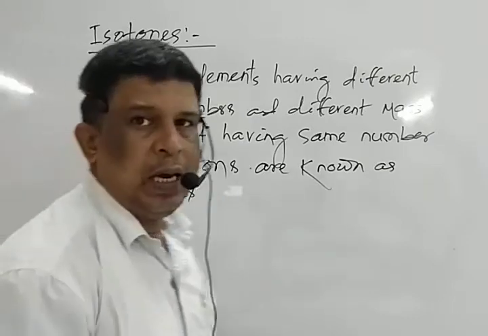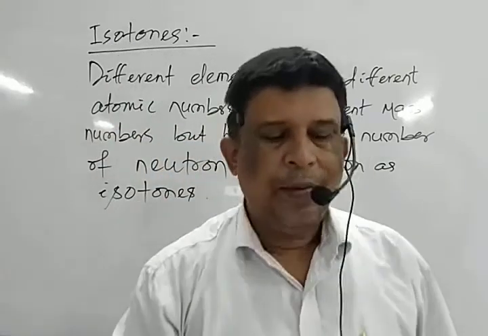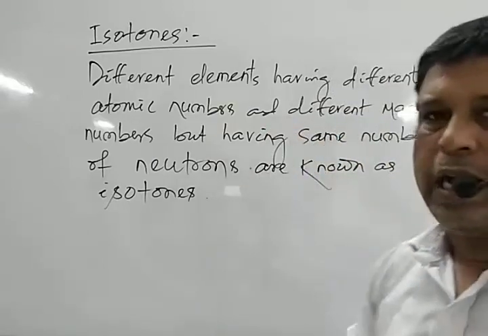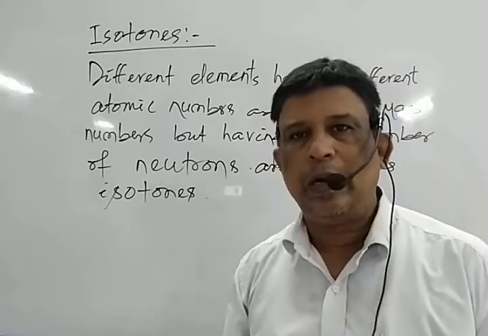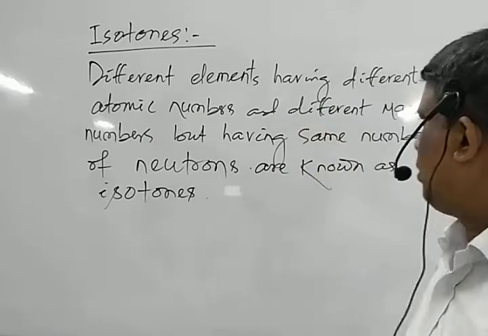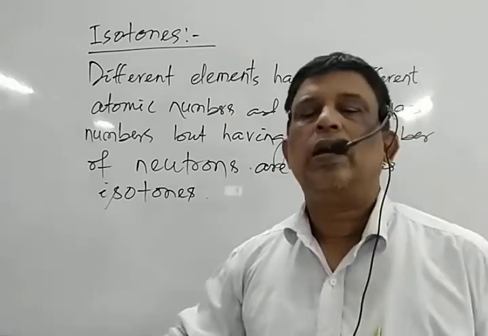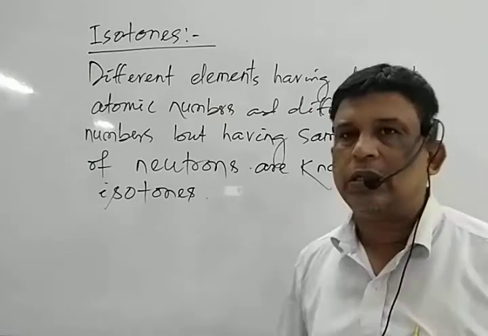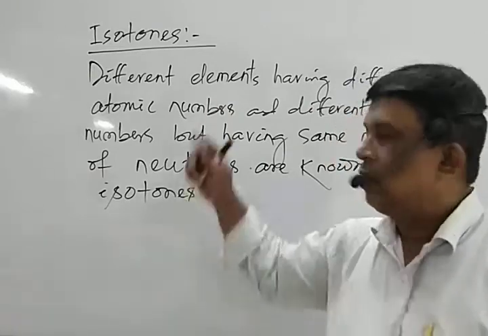Mark that. Different elements having different atomic number. If elements are different, then obviously atomic number differs. Mass number also differs, but having the same number of neutrons are known as